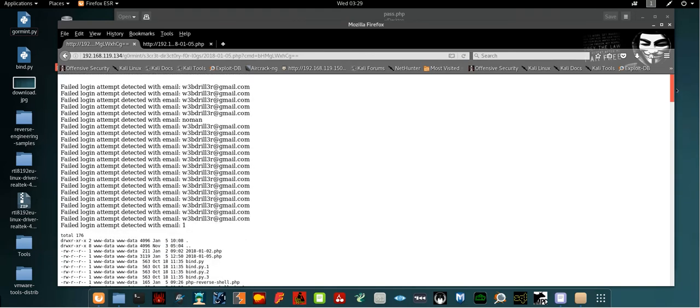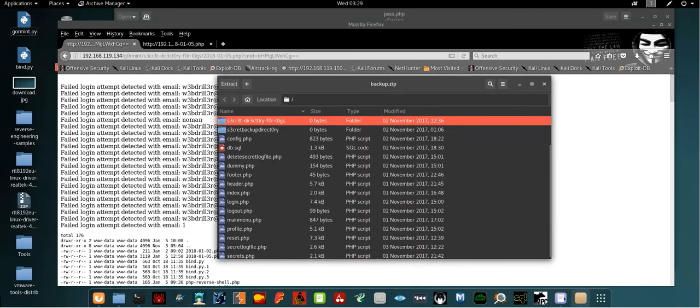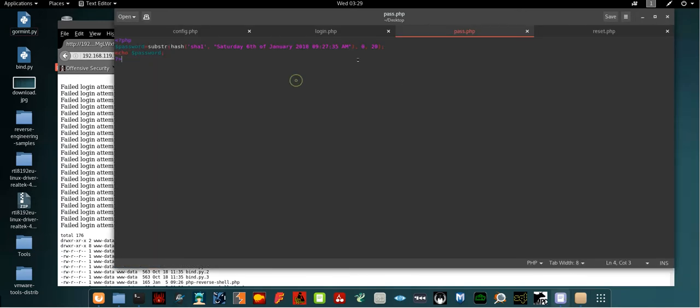So what's the mechanism here? The main thing is, okay, we saw that the email parameter here is passed directly to be written on the log file. So if in the login box we write a PHP code, for example,